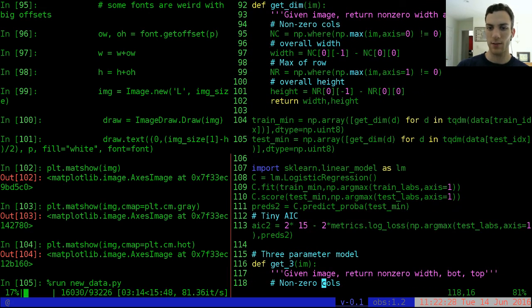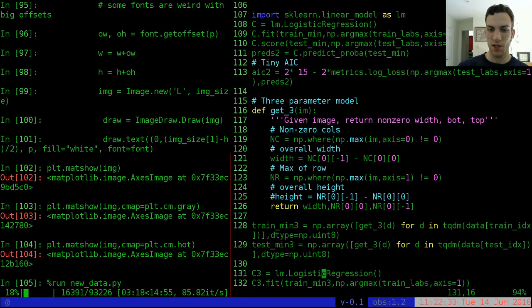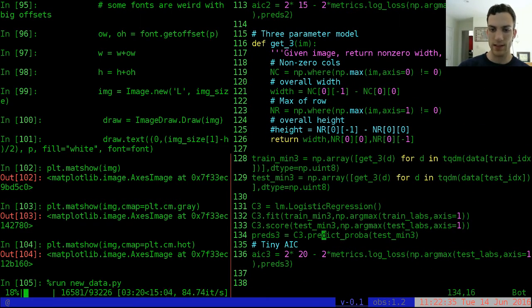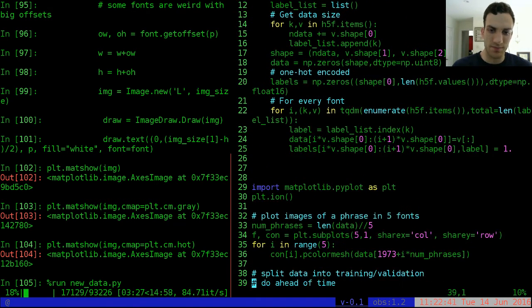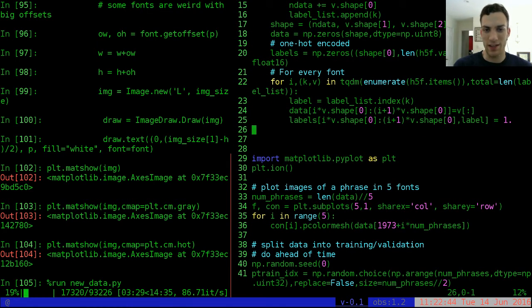Okay, I don't think I'm doing anything too fancy here. A 3 parameter model? Didn't even realize. All right, so we should be able to use this modeling file to get a start on this. And again, the goal is just to have a simple model that I'm envisioning will not do very well if it's just a pure